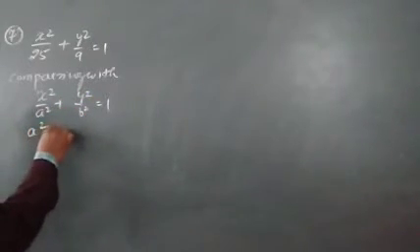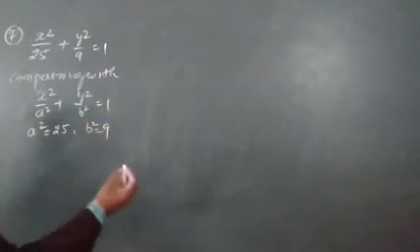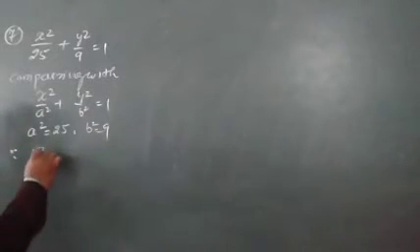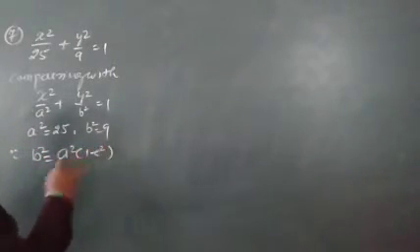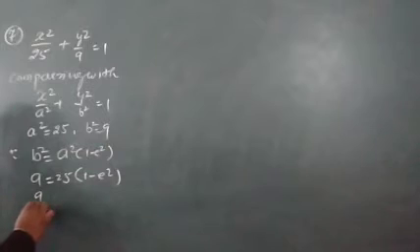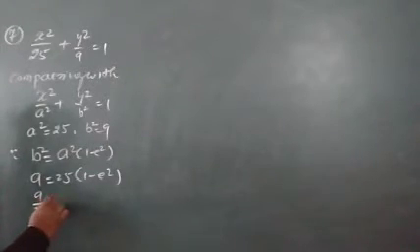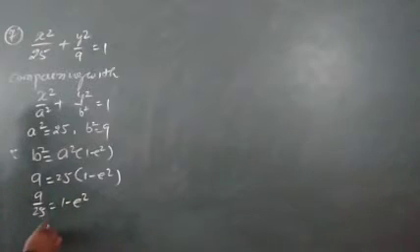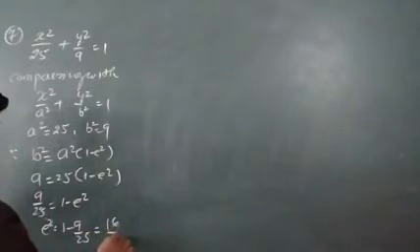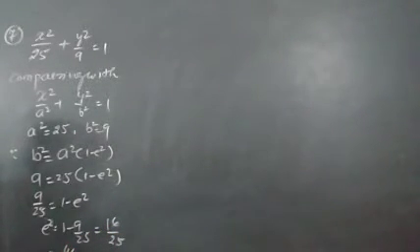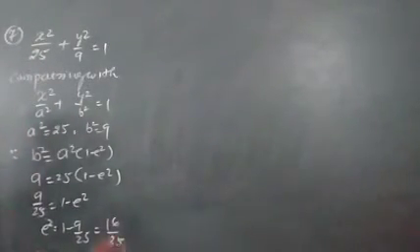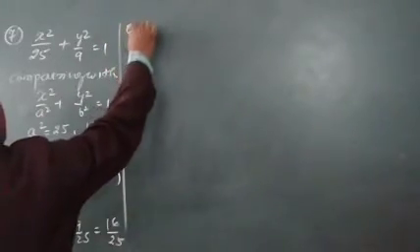I'll get a square is equal to 25, b square is equal to 9. First of all, I am just going to find the eccentricity. Here I have b square is equal to a square into 1 minus e square. It is 9 equals 25 into 1 minus e square, 9 upon 25 is equal to 1 minus e square. e square is equal to 1 minus 9 upon 25, that is equal to 16 upon 25. So I can write e is equal to 4 upon 5. Wherever it is required, we may use it. Writing here, e is equal to 4 upon 5.